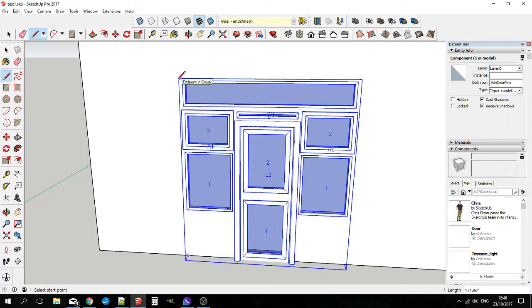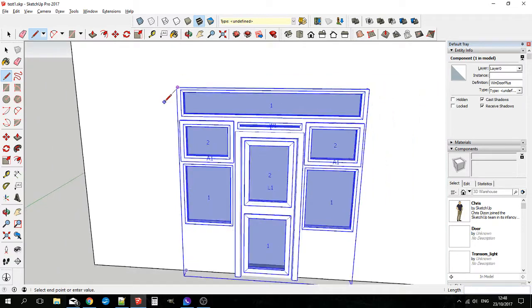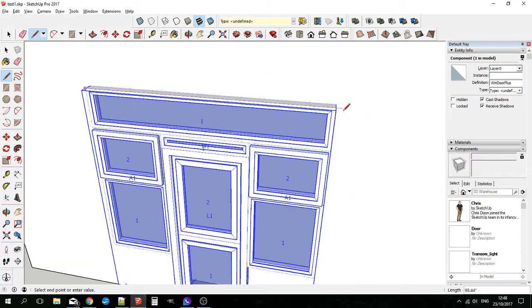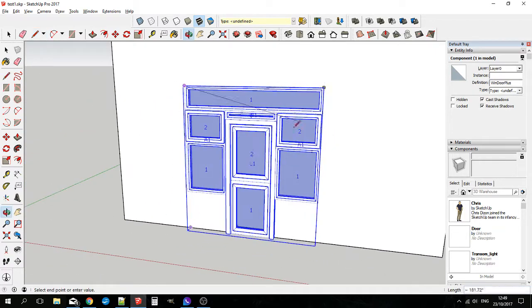And if I measure the overall width of the window, it's actually easier if I switch on hidden geometry. You can see it a little bit more easily. That takes you to there. If we look down here, that's 96, which was what we typed in as the overall width. So you can see basically the window widths have adjusted to suit the overall width.